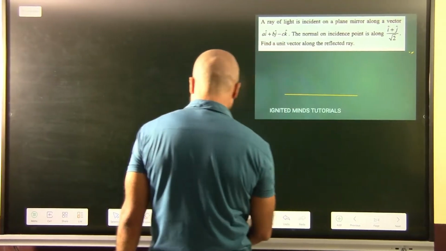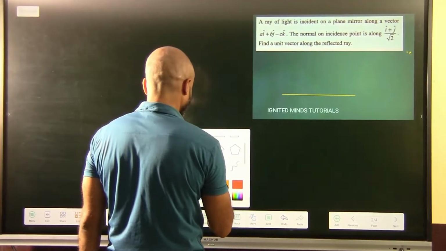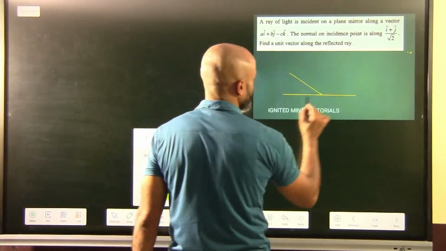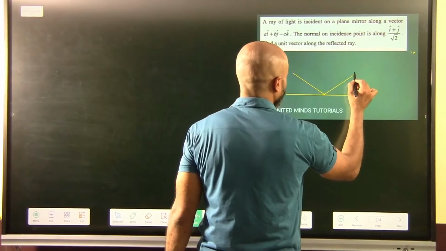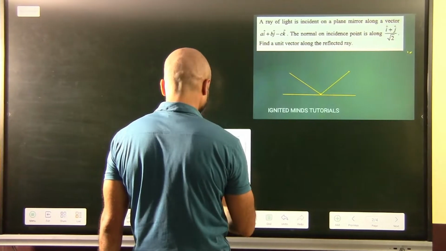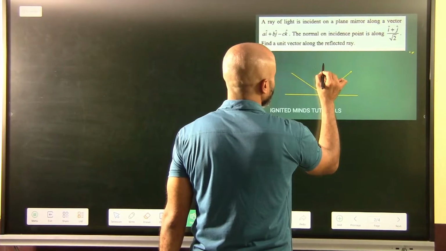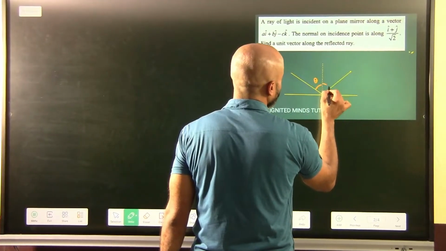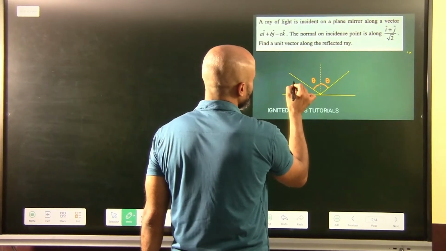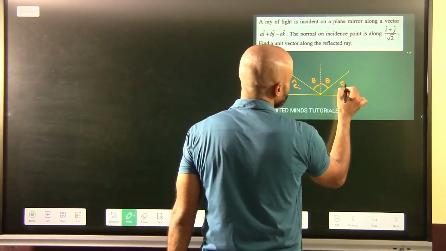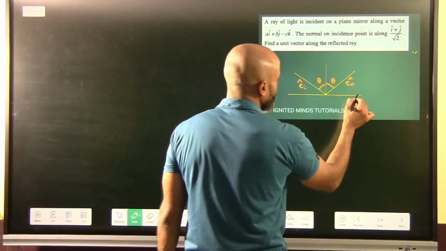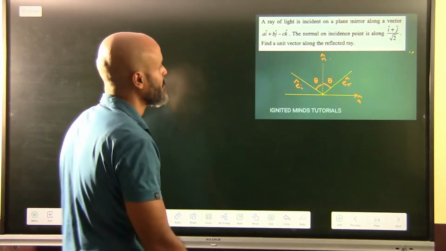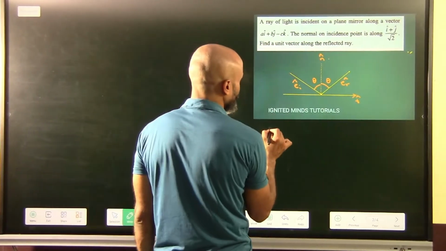that if this happens to be the surface, and this happens to be the incident ray and this happens to be the reflected ray, and if we draw a normal out here, and configure this as theta and this as theta, this to be the unit vector along the incident ray, this to be the unit vector along the reflected ray, this is the unit vector along the tangential, and this will be the unit vector along the normal. So what do we have here in terms of unit vectors?